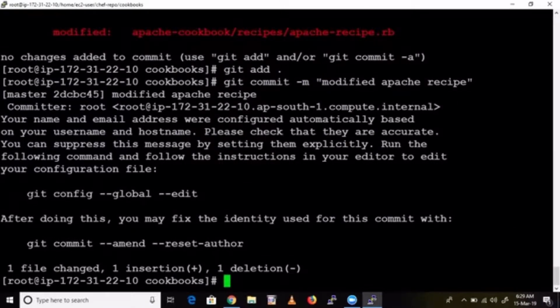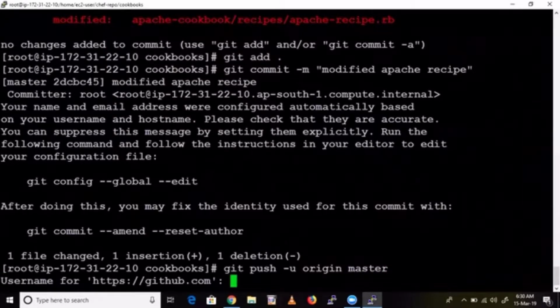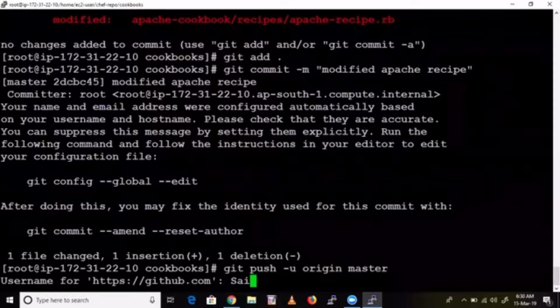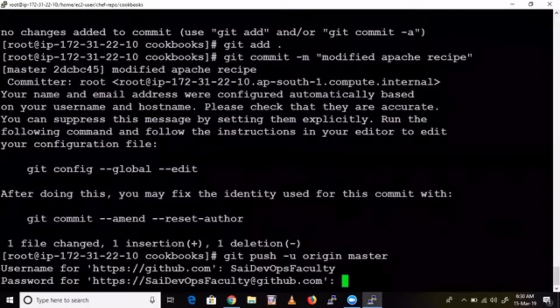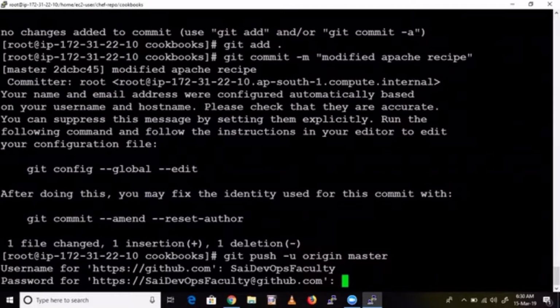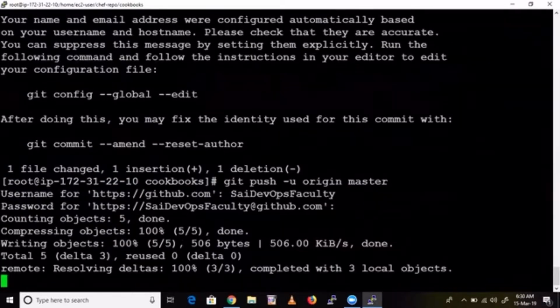Okay. So the global configurations we didn't set, right? That's setting the username and email. That you can do. git config --global user.name username, right? Those things you can do. So what do you do? We have added and committed. Now you push. git push -u origin master. So this one. Yeah, we push.